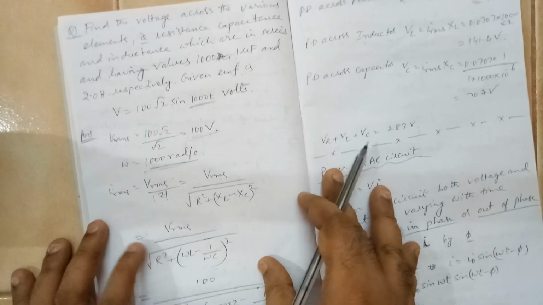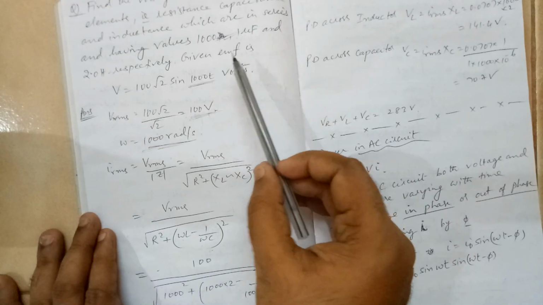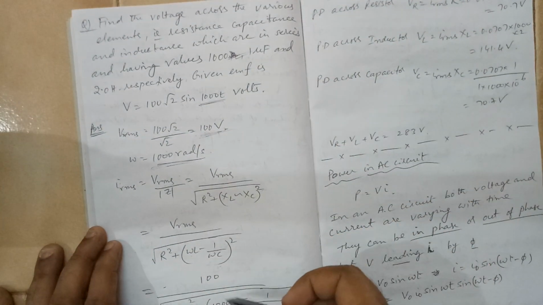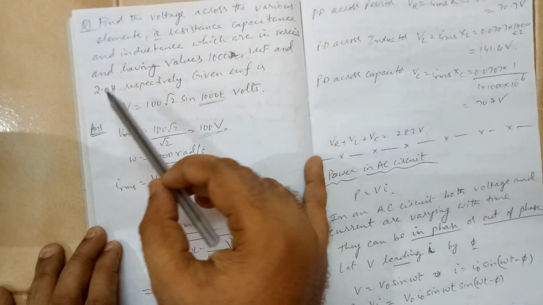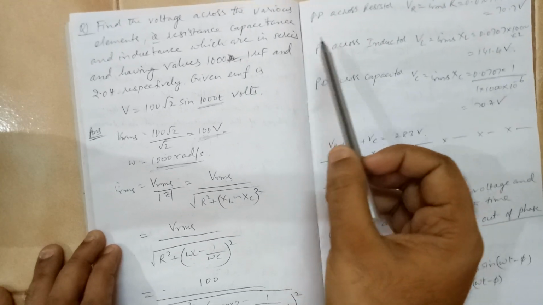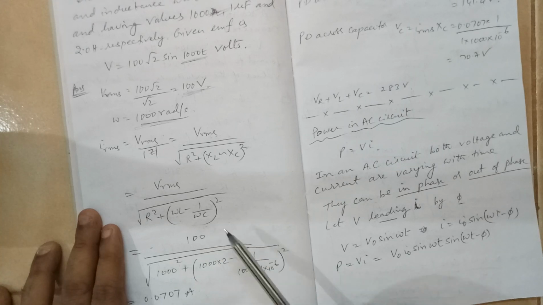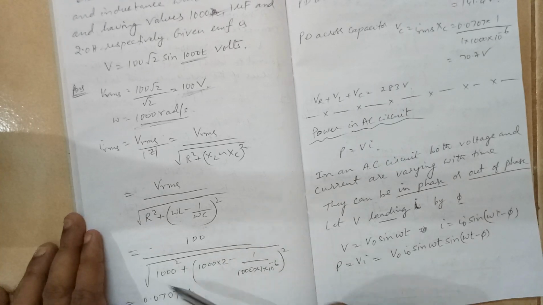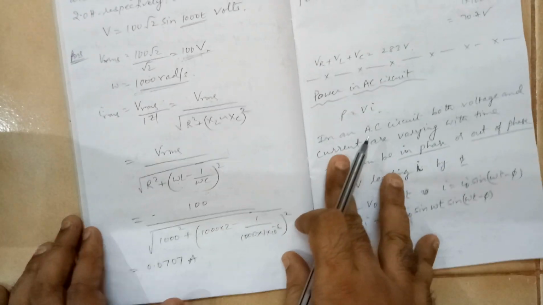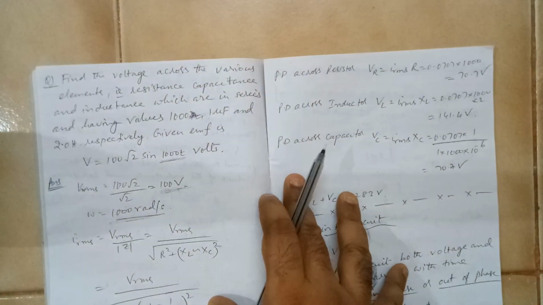So here the RMS value of the current is given as 100. R value is given as 1000. You see here, R value is 1000, and omega L is given as how much? 2 Henry, and this is 1 mu f. Mu means 10 power minus 6. So it is 1 by omega C, right? Omega is 1000 and C is 10 power minus 6. Once you solve this, you get 0.0707 amps. This is the current, and it is the RMS current.